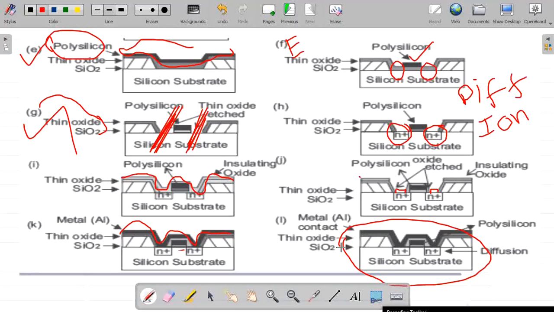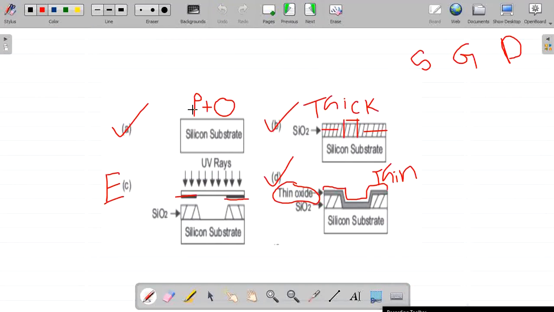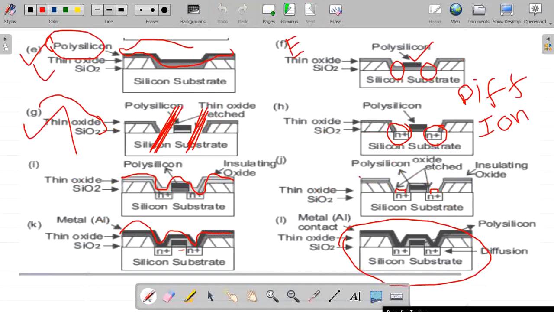This is the process which usually takes place in NMOS fabrication. So let us revise the complete fabrication. Okay, in the first step, say with me, p-type plus oxidation. On the oxidation, a thick SiO2 layer. On the thick SiO2 layer, a selective area is etched. Now we are placing a thin oxide; these are the 4 points. Okay, from here the 5th point is a polysilicon layer. We need to implant polysilicon.